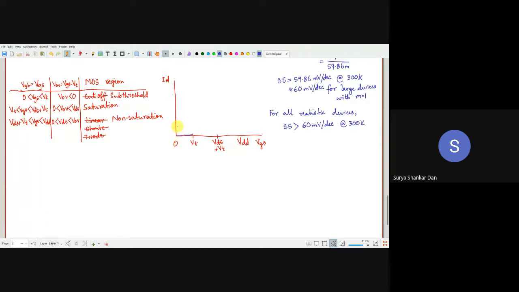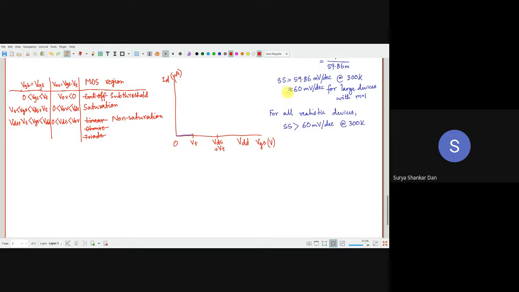Okay, so I am not saying that ID will be 0. Why can't you observe anything? Because these are all in the linear scale. Okay, so here it is in volts. So what will this ID be? It will be in microamperes, okay? Let us say in the range of microamperes.